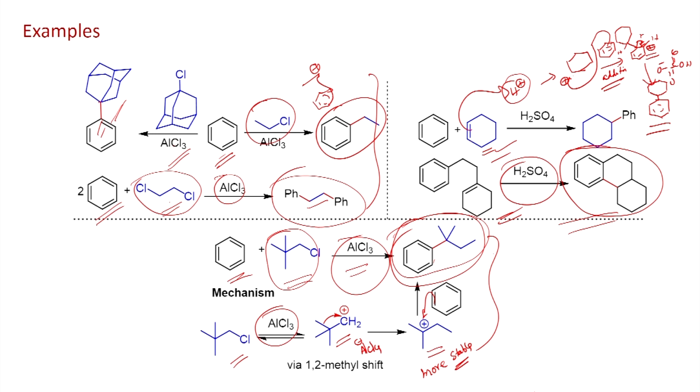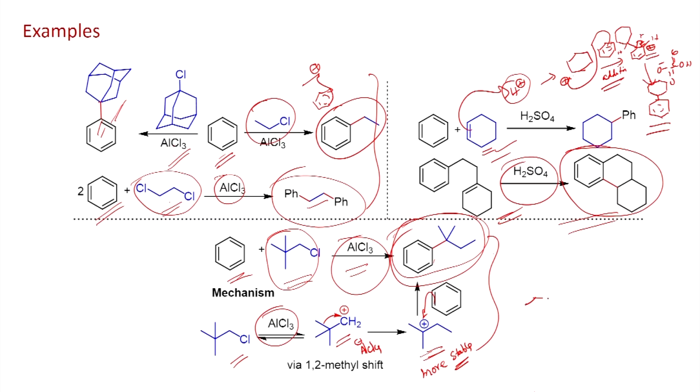So, in this case, you form the primary carbocation which undergoes rearrangement to form a more stable tertiary carbocation which acts as electrophile. Therefore, in the case of aromatic electrophilic substitution, when you carry out the reaction with alkyl chloride or alkyl halides in the presence of Lewis acid, they can readily undergo rearrangement, depending upon the nature of the substrates. You will be able to form a more stable carbocation intermediate that can act as an electrophile to give the substitution product. Now, let us take this as an example, benzene with this alkene.